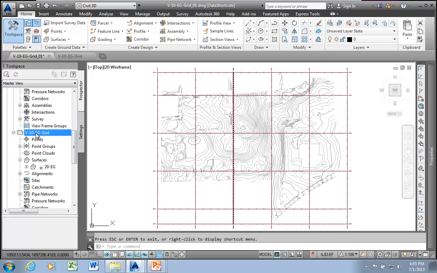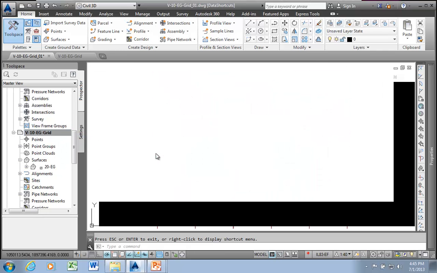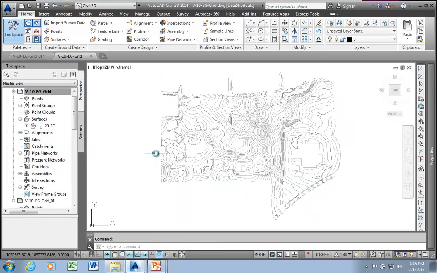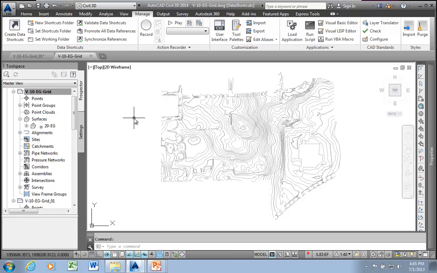Let's start from a drawing which simply has our surface, and before we do anything, since these special alignments and label sets are not in our current template, we're going to bring them into our current template. So we need to go to the Manage tab, and always before we import something, Civil 3D is going to ask you to save your drawing anyway, so we'll save our current drawing, and then we're going to import